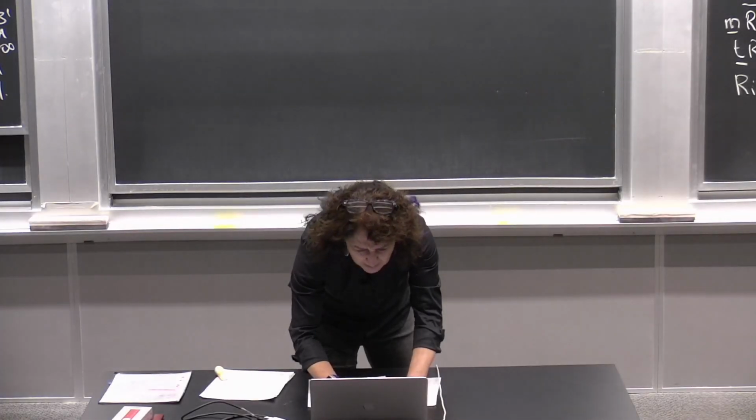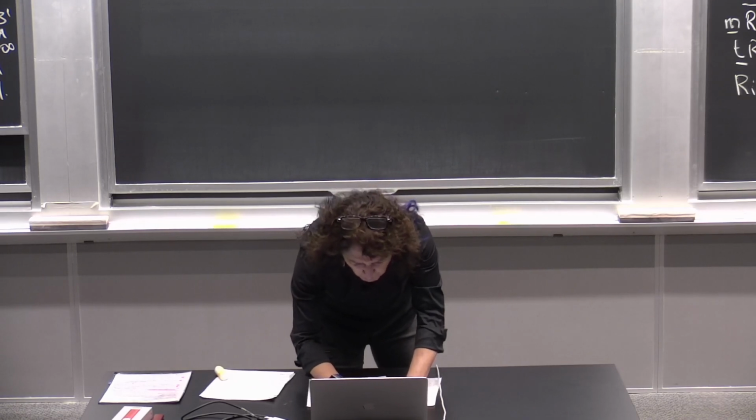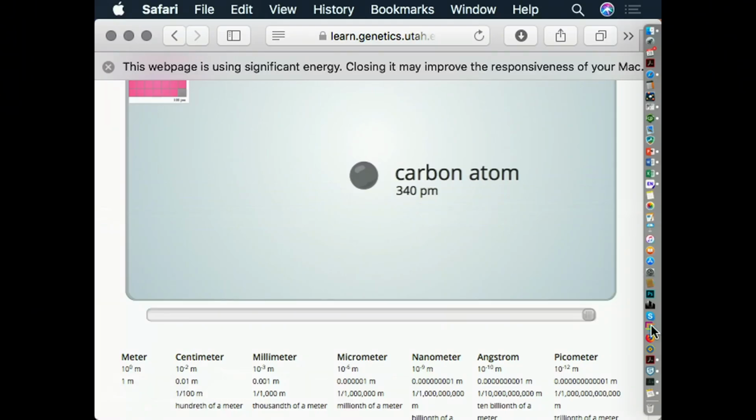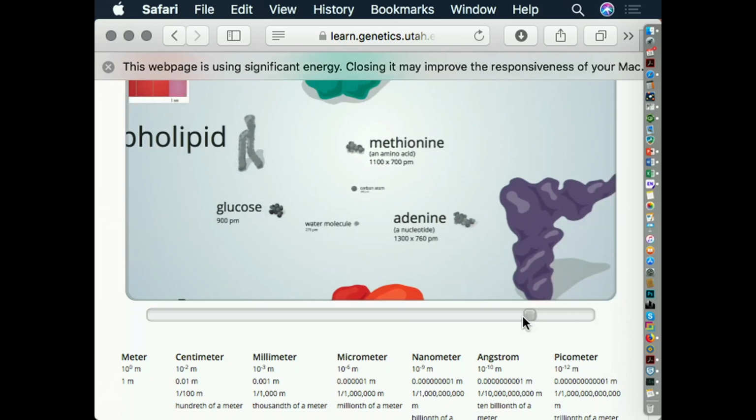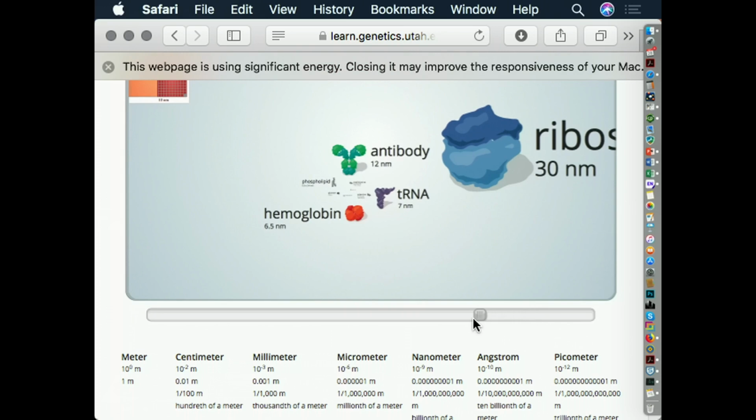So what we're going to talk about today, and I'm going to do something a little annoying as usual. I want to take you somewhere here. Yeah, sure, back to carbon, that's fine. But what I want to show you is the sizes of the molecular players in translation, because we're going here now from the smallest carbon atom, and we spent the first 4 lectures on amino acids, nucleotides, sugars, phospholipids, but we're entering new territory here, and I'm just going to do this in such a way that it comes onto